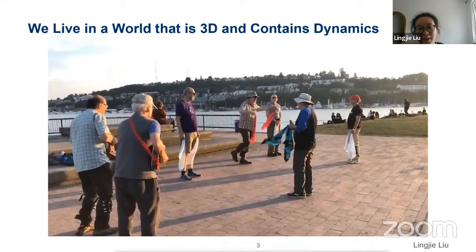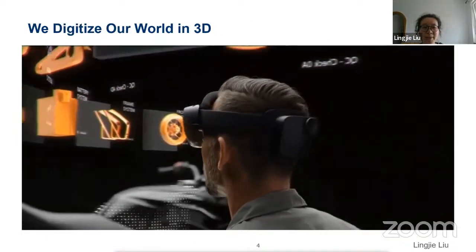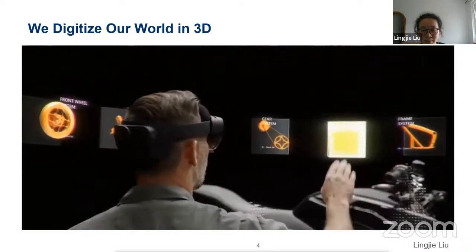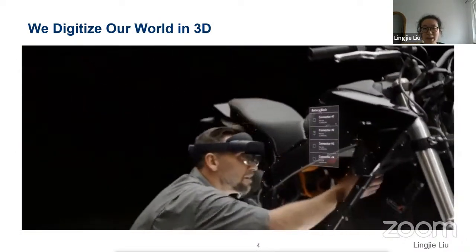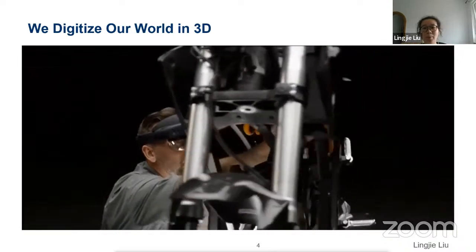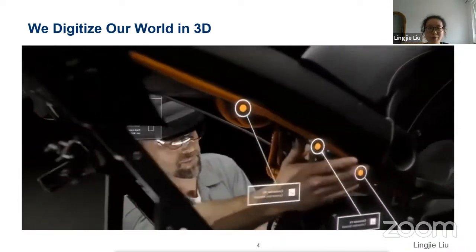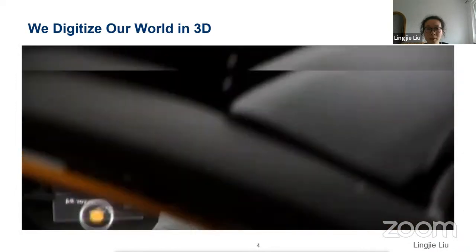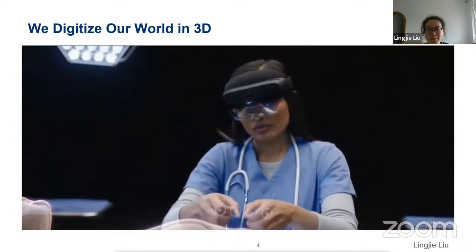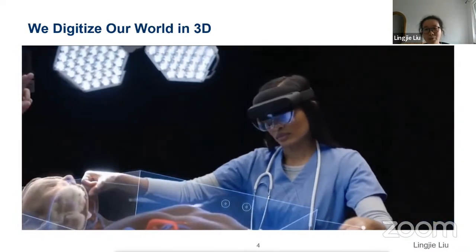Our activities, such as dancing, playing instruments, and interacting with people and objects are all performed in 3D. We digitize our world in 3D representations, and this allows us to visualize real-world things from arbitrary viewpoints. This also helps us better understand real-world things.